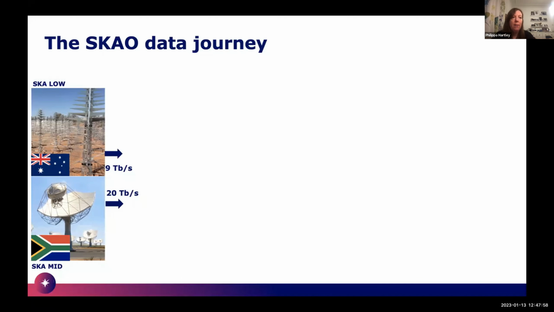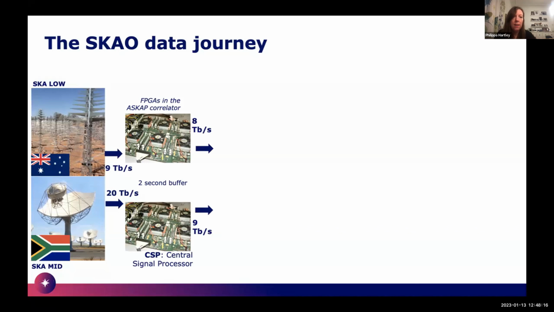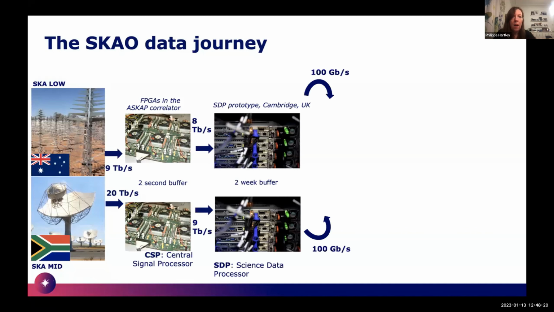As you know, we'll have two sites of telescopes. We have the SKA Low in Australia and SKA Mid in South Africa. And we're going to see huge rates of data coming through as the light is collected. All the telescopes picking up signals, sending those signals through to be correlated, correlated signals being turned into images, so converting raw visibilities into images, as we are familiar with doing when we